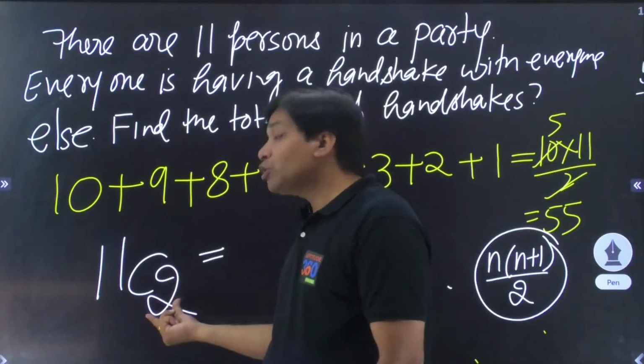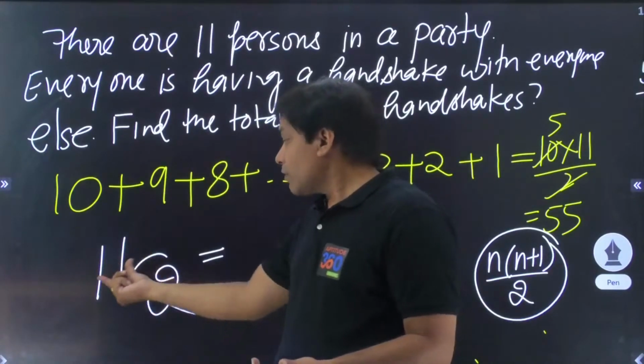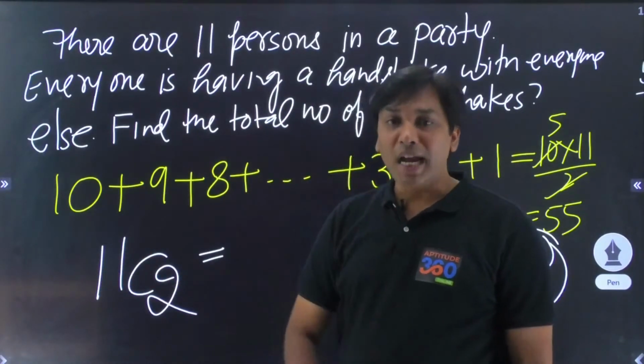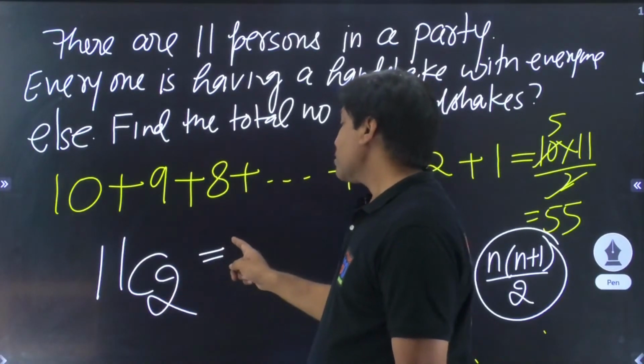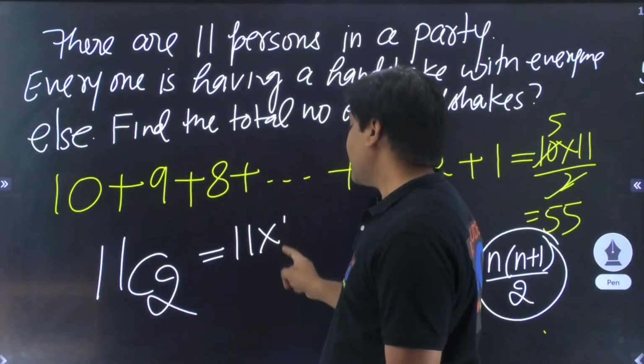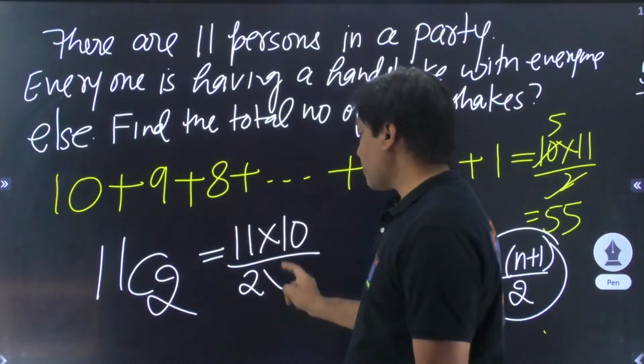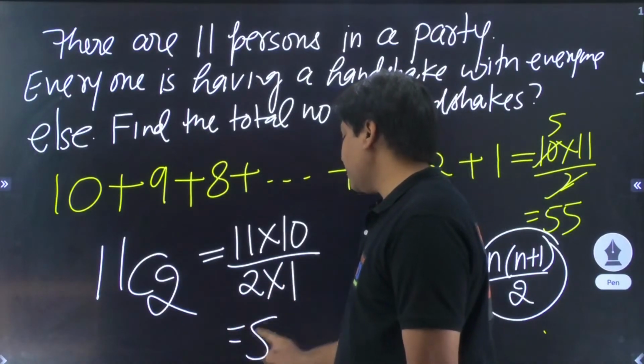Selection of 2 unique persons out of 11 persons will give me 1 unique handshake। और अगर ऐसा हो गया so this is going to be what? 11 into 10 divided by 2 into 1, जो आपने फॉर्मूले में सीखा हुआ है। This is nothing but 55।